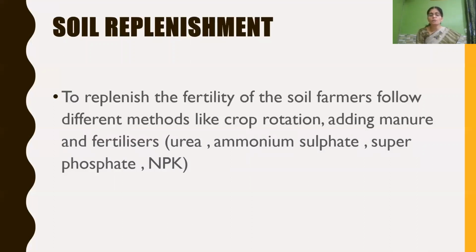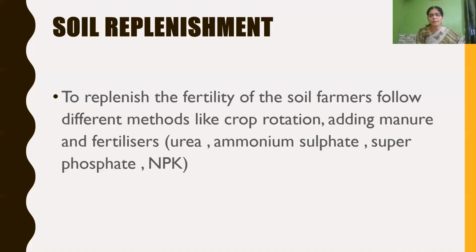These leguminous crops contain rhizobium bacteria in their root nodules. This bacteria is very, very essential for fixing atmospheric nitrogen in the form of compounds of nitrogen in the soil. Nitrogen is very important for the growth of plants. So plants can utilize this nitrogen fixed in the soil by the bacteria, so that plants can grow very well. This method is what we call crop rotation.